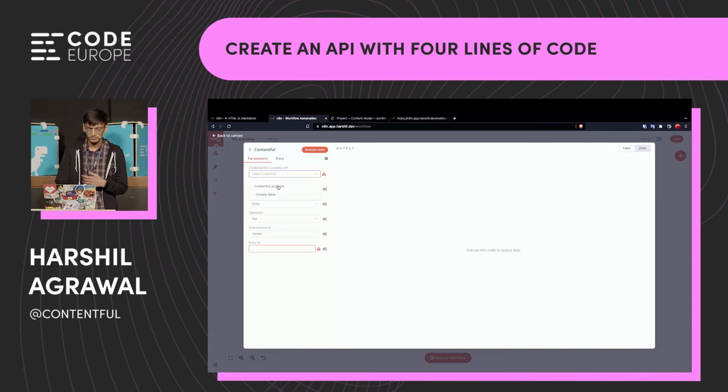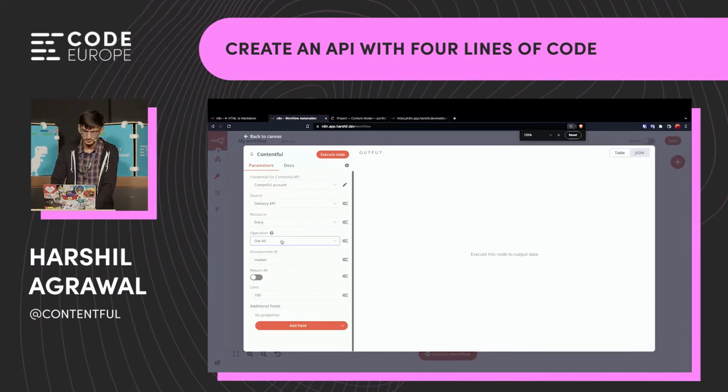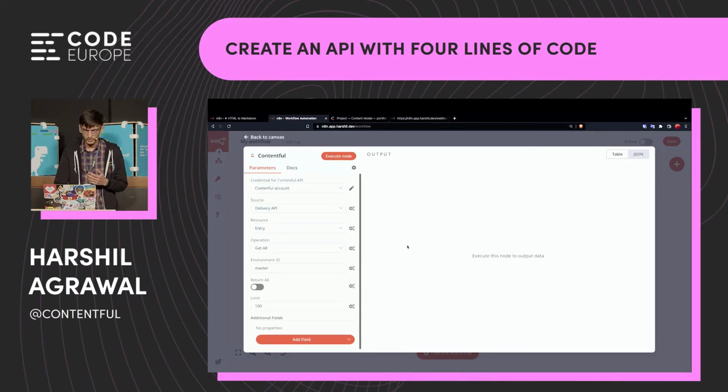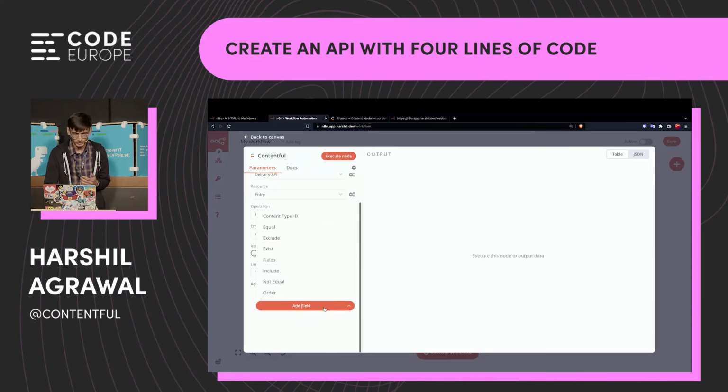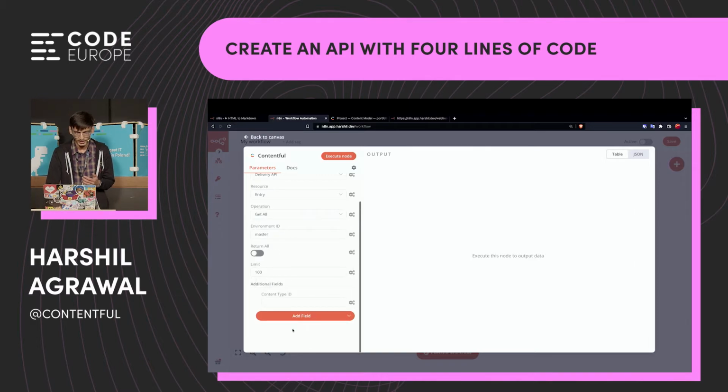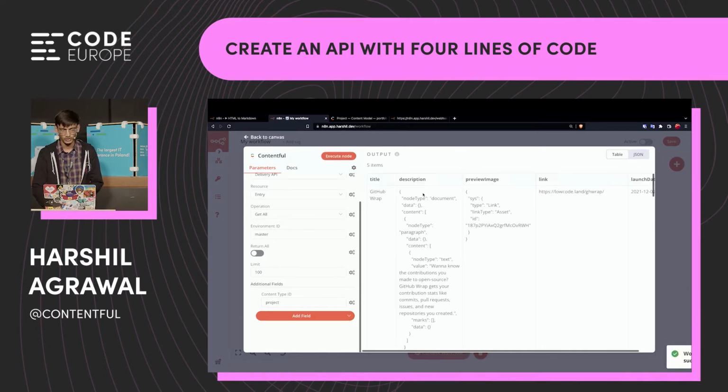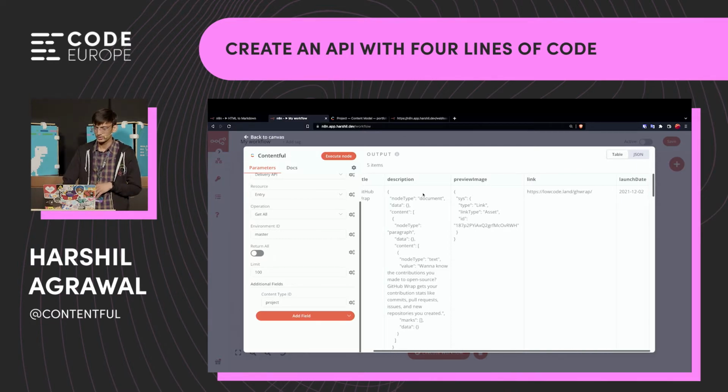I already have configured my credentials, so I'm going to use those. And I want to get all the entries from there. I'm also going to mention the content type. So this is going to be project. Now if I execute this node, it's going to give me all this information coming in from Contentful, right? So I got the title, I got the description, I got the preview image, I got the link,